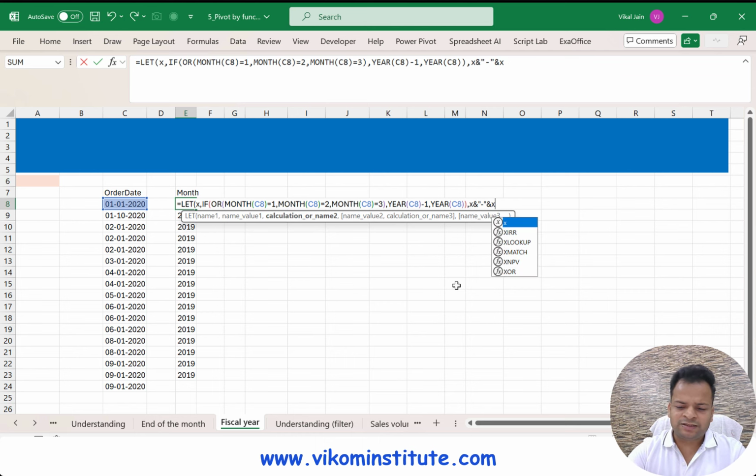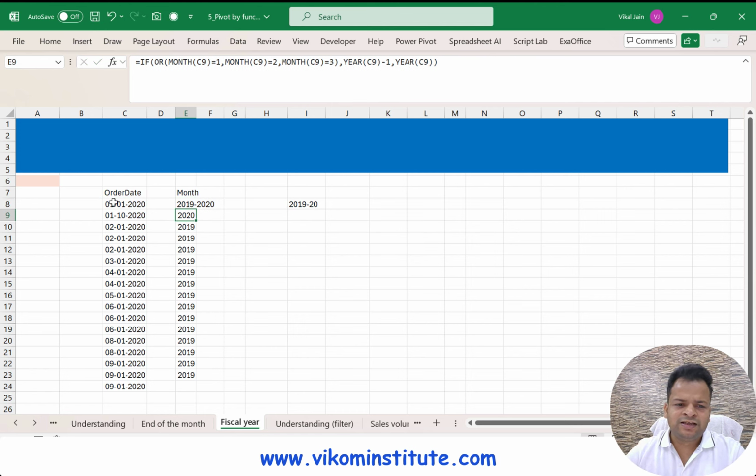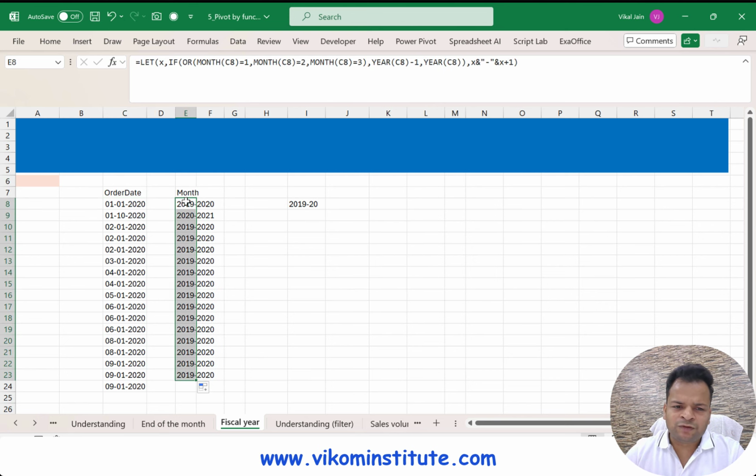If you will see this here, answer was coming 29. So 29 minus 2020. So that's how it is going to work. Close the parentheses and enter. And if you will see, we have extracted the financial year, and here it is. Now if you don't want this whole year, you can simply use left function and extract the two words in it, or you can use right function if you want to extract the right side. So that is going to work in that way.